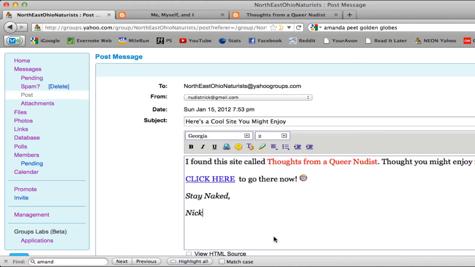All right? There's a few more other things that you can do, such as change the alignment or add a bulleted or numbered list or indent or outdent just by using these buttons, but I'll let you play around with those. Now that I've got my message all typed and formatted, if I click send,